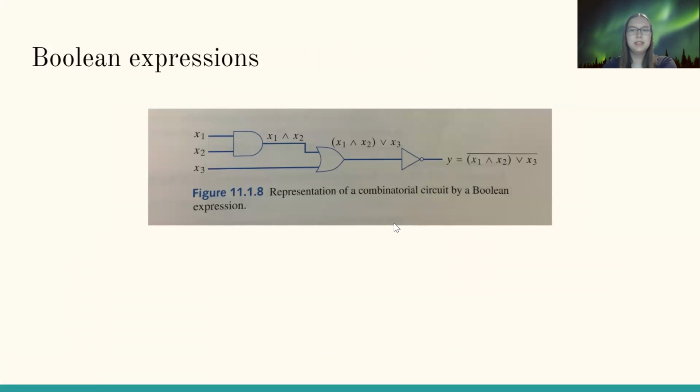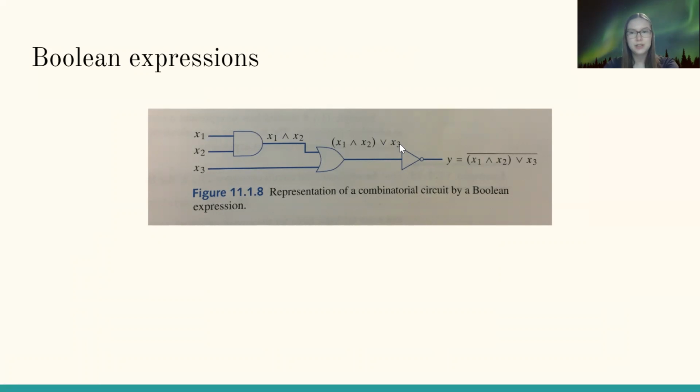All right, and then another piece of all of this is Boolean expressions, which are basically the way we represent combinatorial circuits symbolically. So in this little example from the book, they basically wrote what each gate was doing symbolically along each step. And if you'll notice, this is the same example from the last slide. So first, we took x1 and x sub 2 into an AND gate. So they just wrote that here, x sub 1 and x sub 2. And then we had this OR gate, and that was taking what we just had, the x sub 1 and x sub 2 from right here,